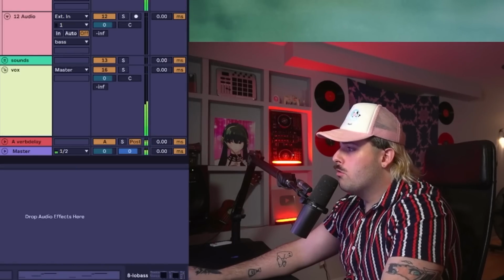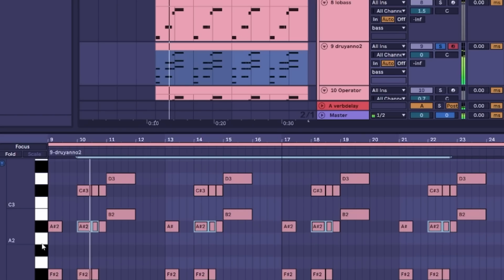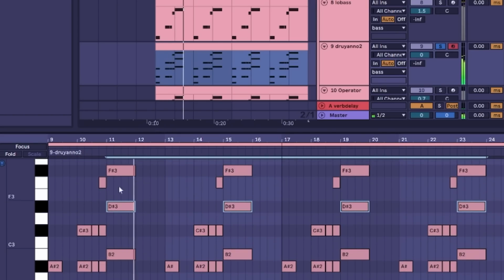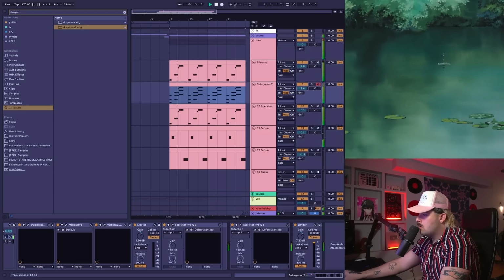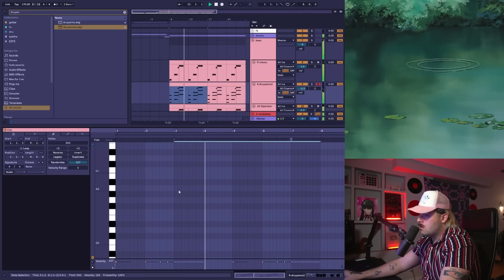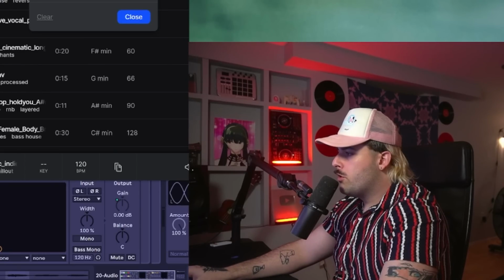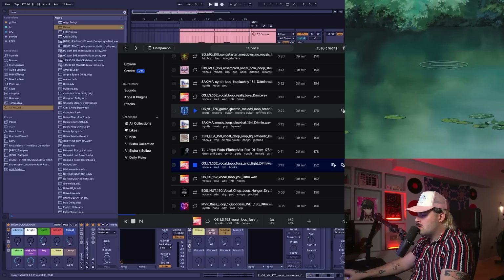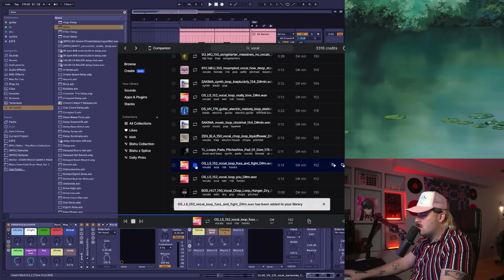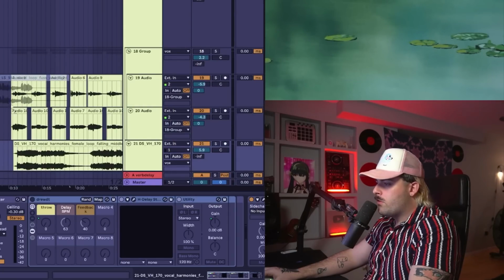I think some piano chords would be actually insane here. Hold on. I'm not loving my vocals, so I'm gonna go and see if I can find one that I do like on Splice. Sometimes we fuss and we fight and we feel like it's all just for nothing. That could be dope as fuck, actually.